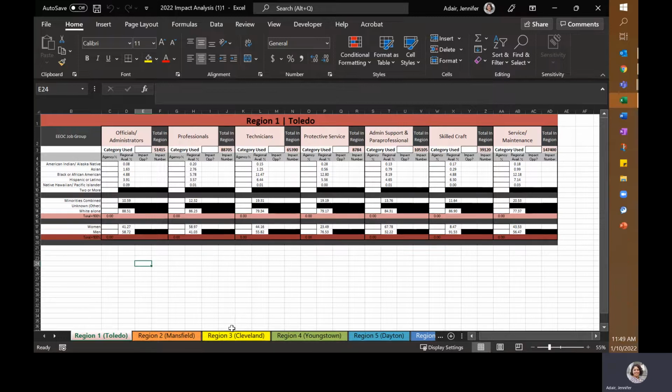We also can, if you're interested, do a test in especially Region 6, where we can actually segment this data one more level down. We can do like white women, Black women, Asian men. We can go one more level down. We don't have that made. It'd be something we would have to work on. But if you are interested, this data is all here in this